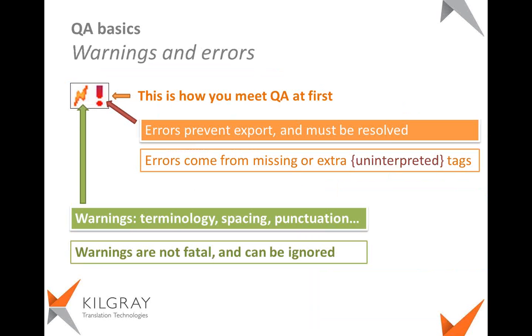But we are still at QA basics. What you get from the QA module is either warnings or errors. Actually, the issues that the QA module detects are categorized into two categories, so to say. One is errors. An issue is an error when it prevents the export and must be resolved. But there is only one type of issue that belongs to this category, and this is the missing or extra